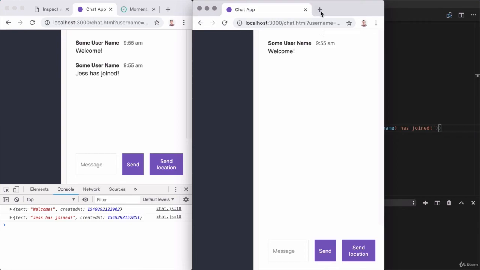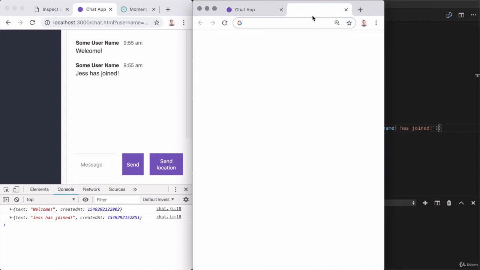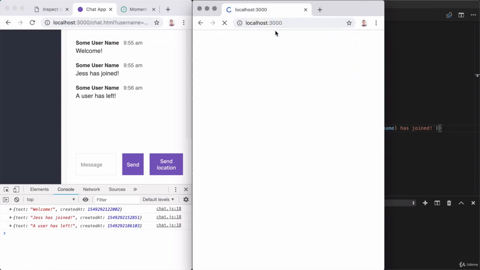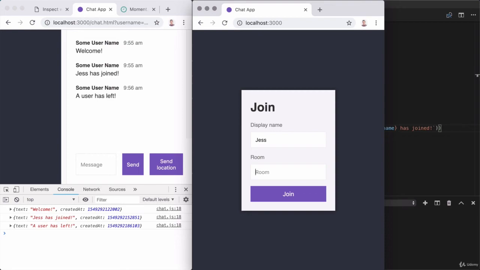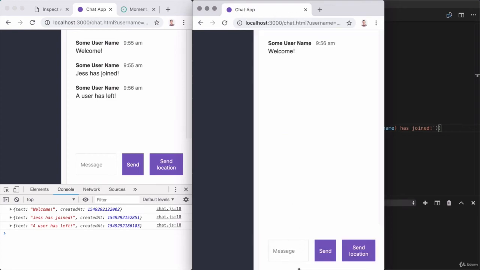So right here, what I'm going to do is open a new browser tab and close the old one. Right here, I'm going to open up localhost 3000 again. The name is still going to be Jess. The room will change though. I'll use a different neighborhood in Philadelphia, like Center City. And this time, when Jess joins that chat room, we don't see any message over here saying Jess has joined, and that is correct. Now, unfortunately, that's the only place we're using the to method, so if I send messages